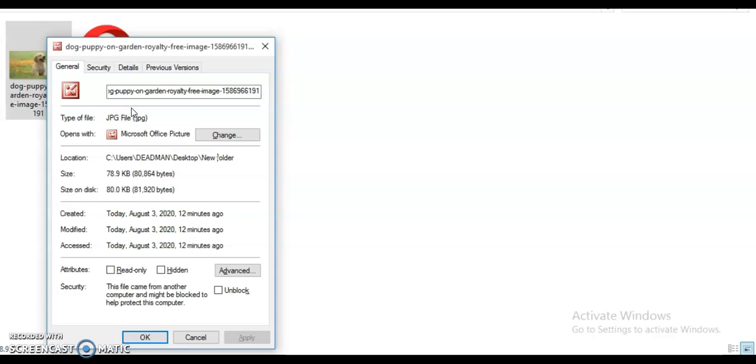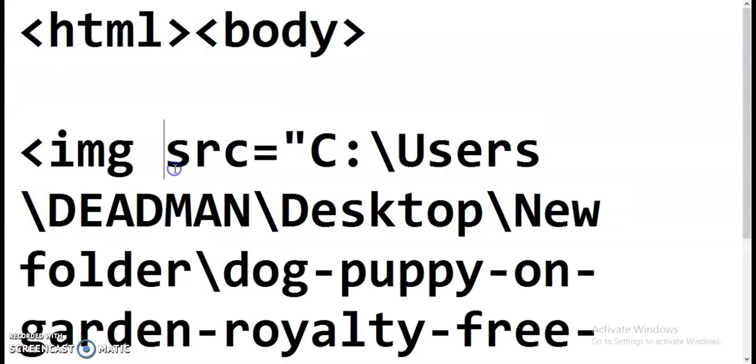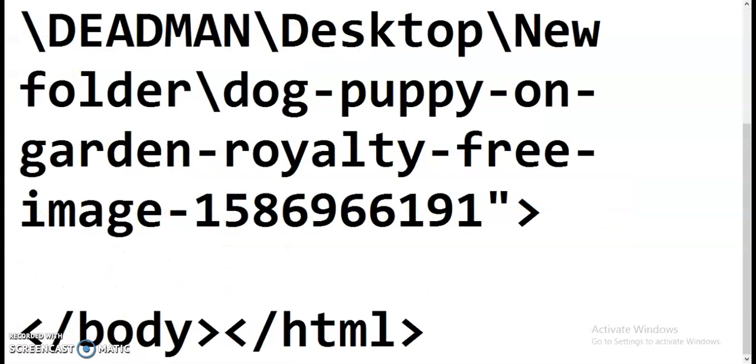It is .jpg. It is JPG. So we'll come to the text editor. Here at the end you're going to type .jpg